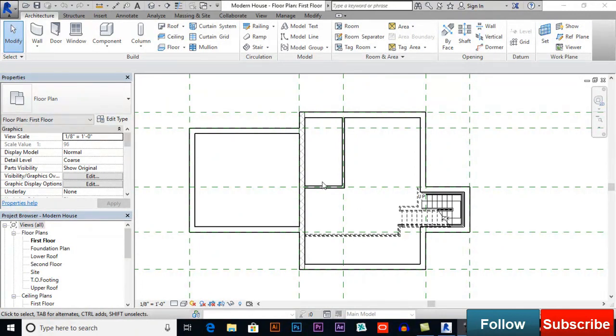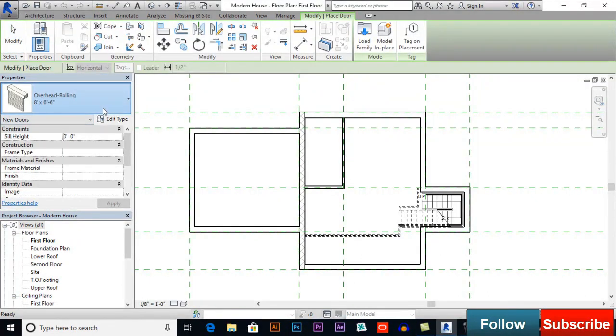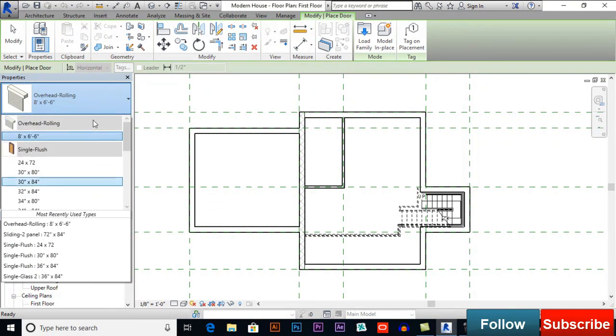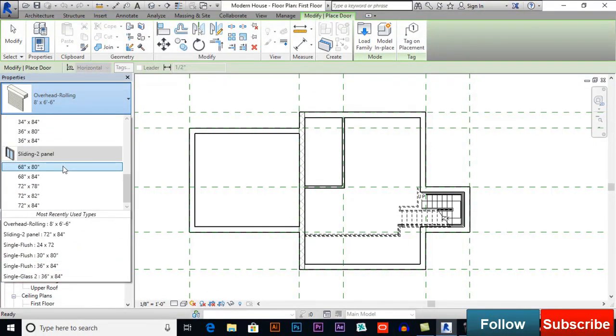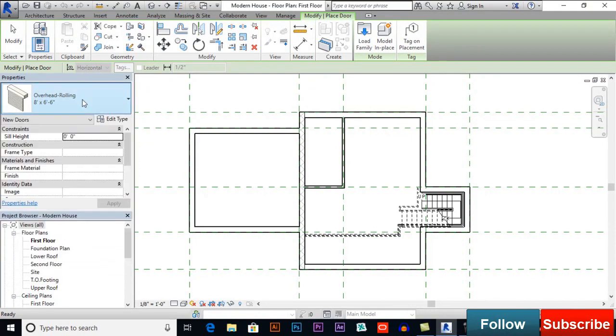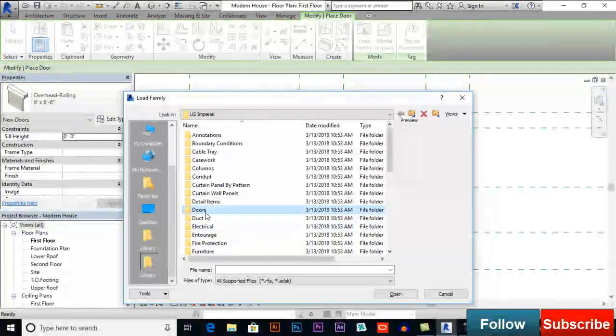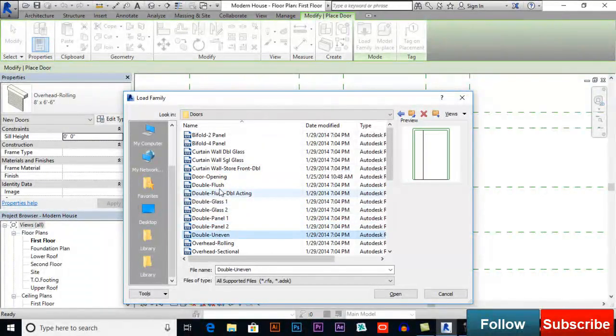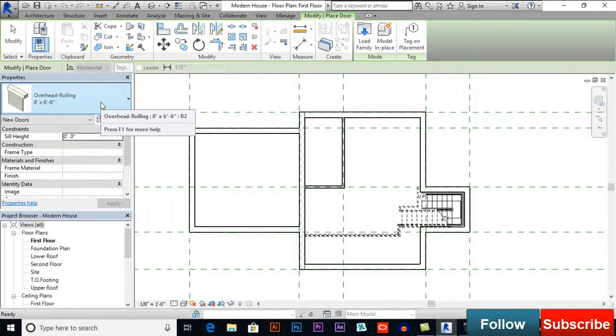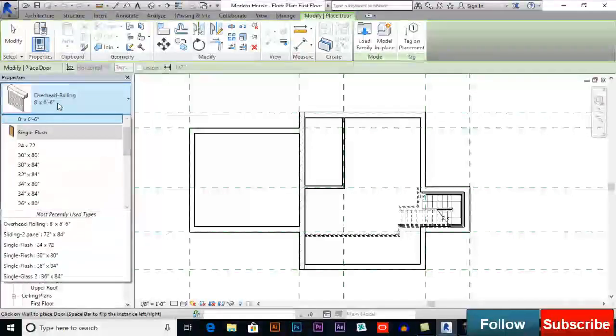Let's add some more detail in our building by adding doors and windows. So I will start adding doors. I am in the first floor and I will select door. We have different types. If we want to change a door family, or we want to load family, then load family here, and we have the doors folder, we have different types. I already loaded some of the doors. For example, for the garage I already loaded overhead rolling, and we have